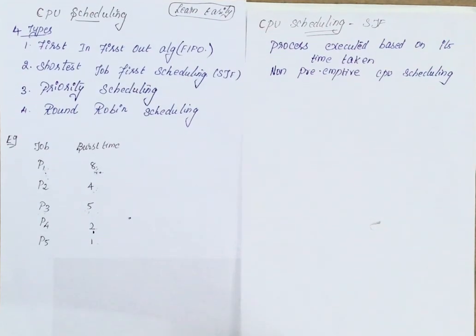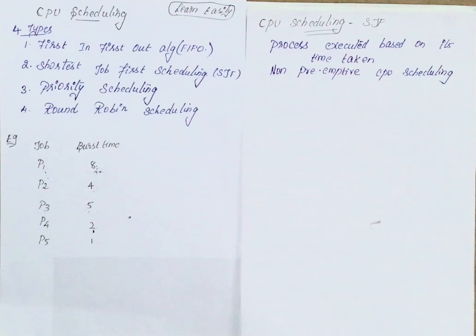Hi, we are going to see about CPU scheduling. In CPU scheduling, we are going to see the second type, that is shortest job first scheduling. Shortest job first scheduling means from the given processes we have to check which has the least time taken